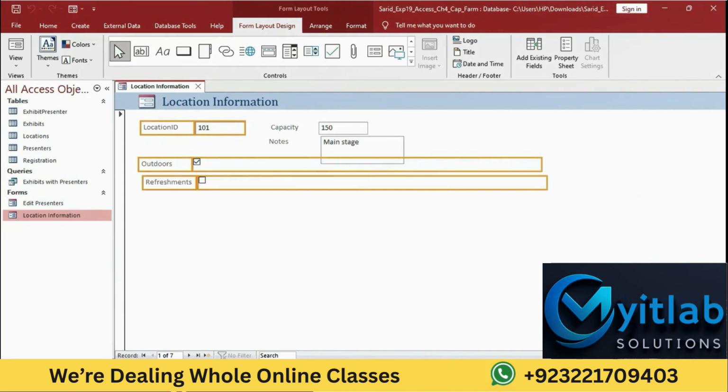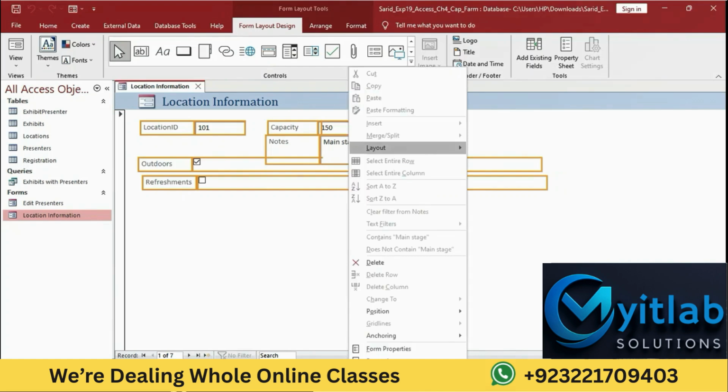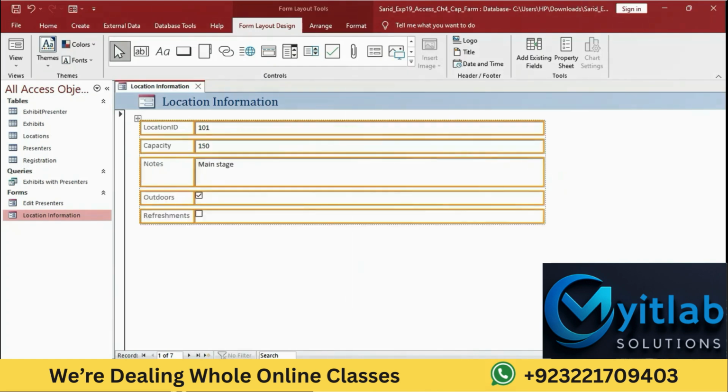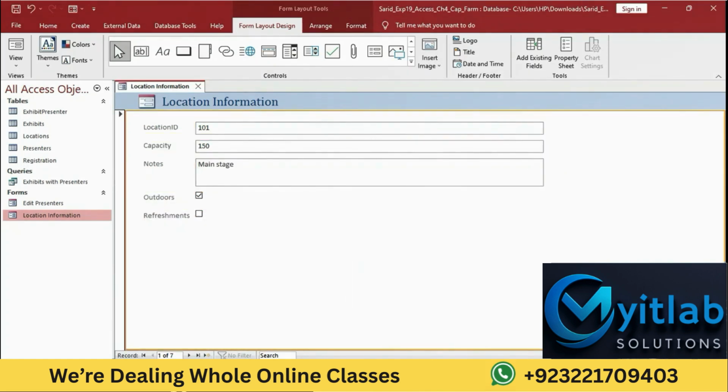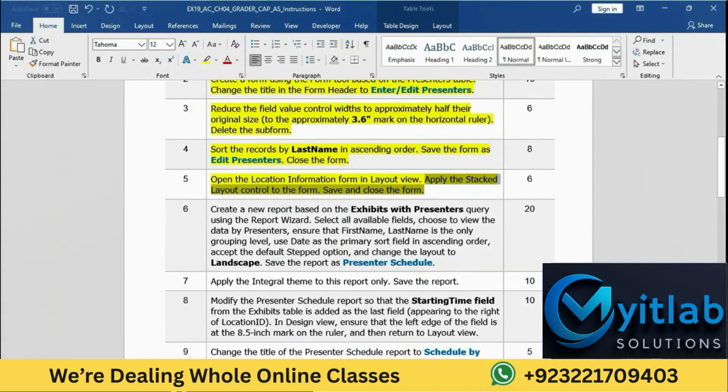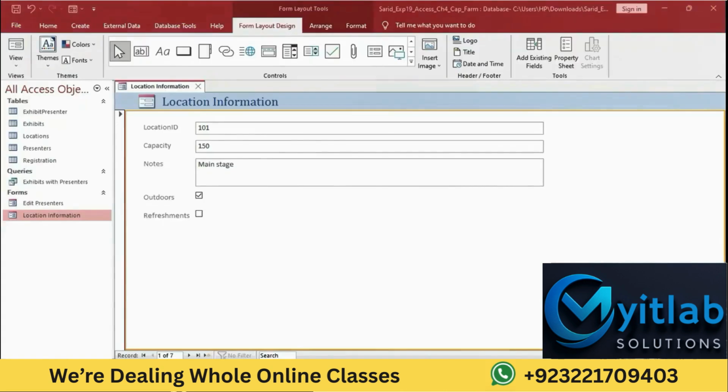Right click on this, click on Layout, and then select Stacked layout. Save and close the form. Right click on this and save, and then right click and close the form.